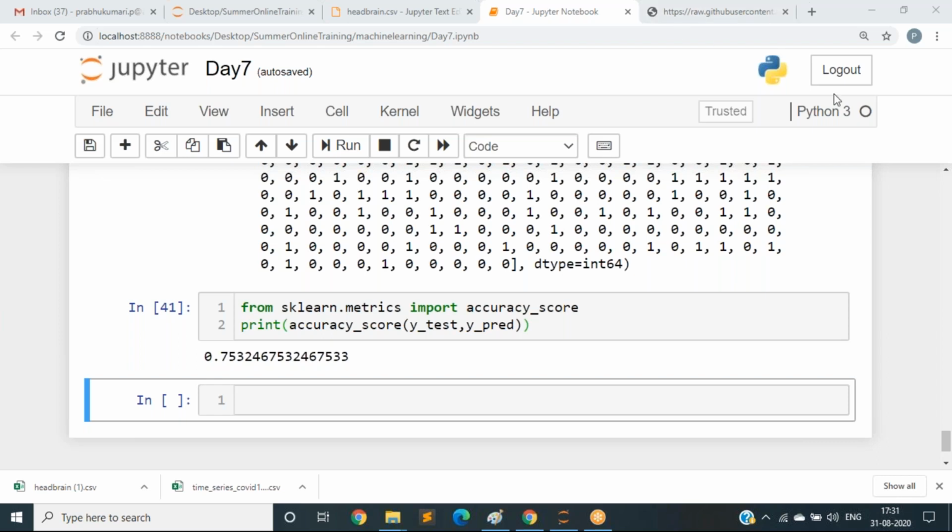By this we will complete the classification algorithms today, and from tomorrow we will start the unsupervised algorithms. Up to now we have learned supervised algorithms. From tomorrow we will learn unsupervised algorithms.